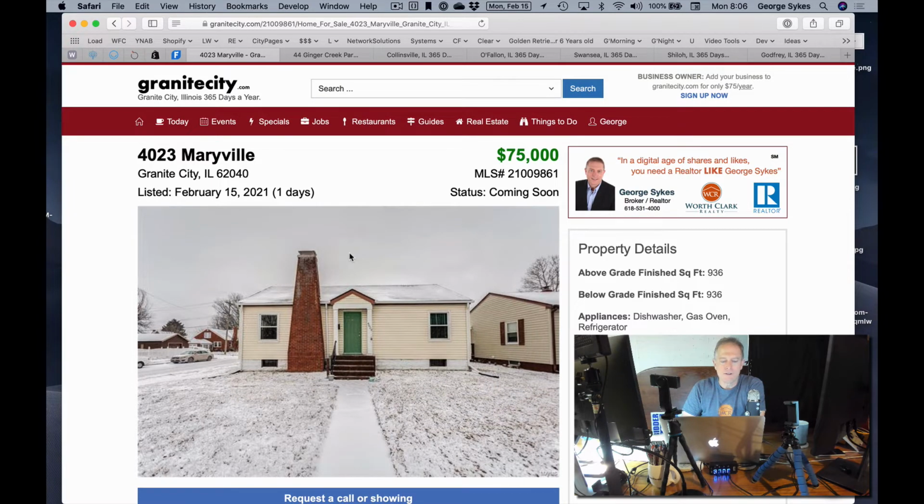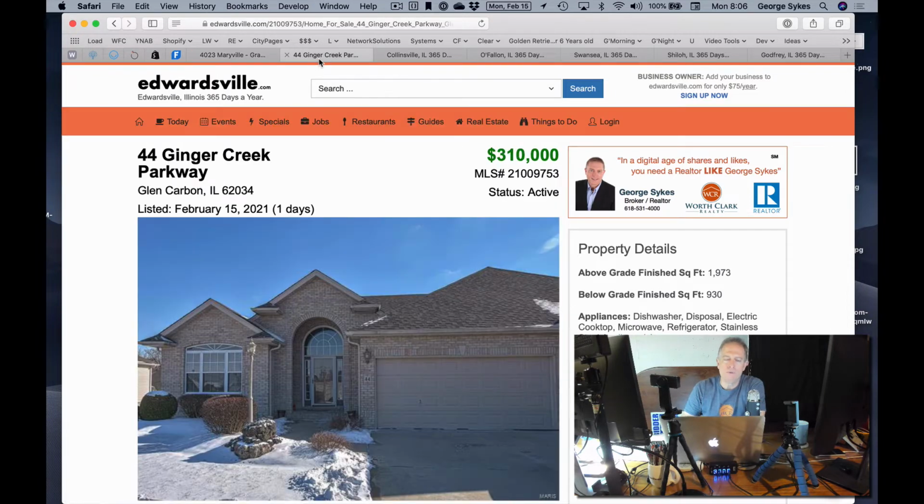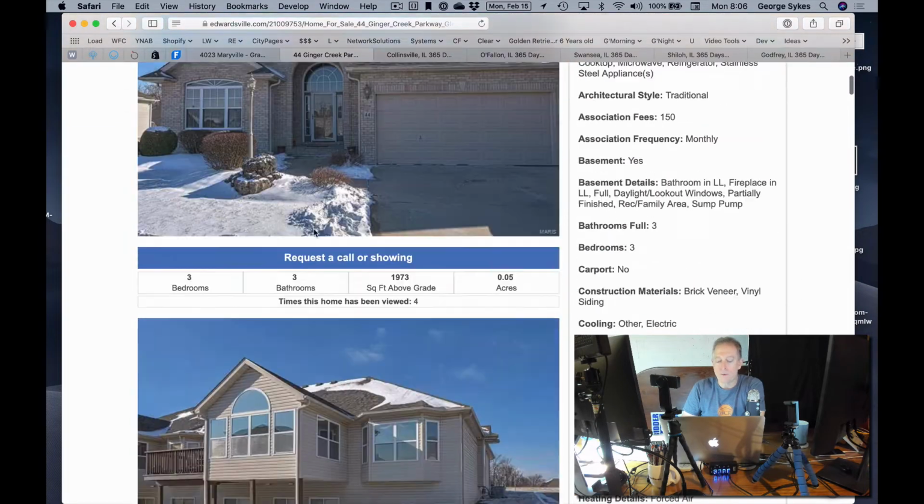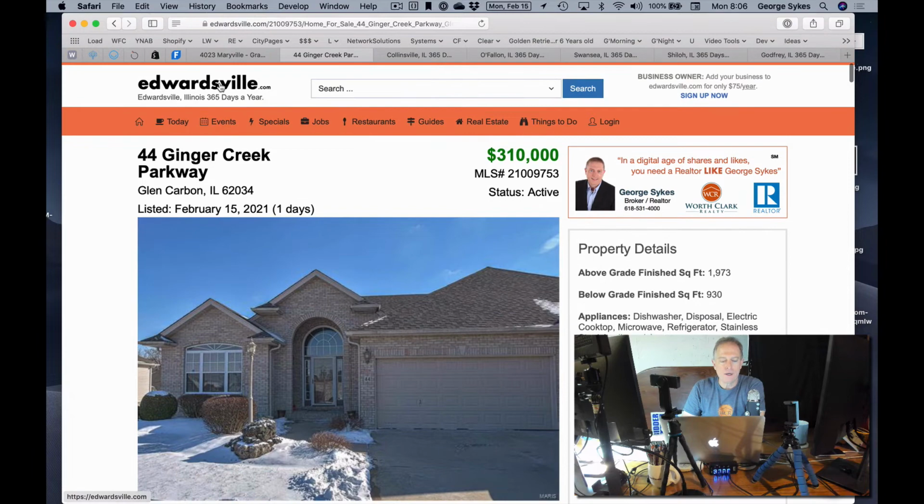And just to expand on that, that's the Granite City site, and you'll see Granite City and Pontoon Beach homes. I own pontoonbeach.com as well, so they kind of interchange on the homes. Up in Edwardsville, I have edwardsville.com and glencarbon.com. Looks like the last listing was in Ginger Creek. So there's a house at 310, MLS number 21009753. It was just listed, and we can go look at the details on it. So, I guess I'm already on the details. If I go back to the homepage for Edwardsville,